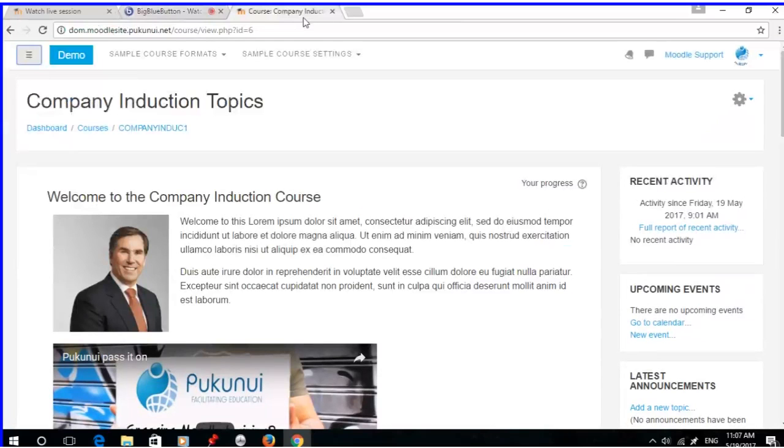Here it comes up. Now what I've got here, I've got a site called dom.moodlesite.pukunui.net, and I've set it up, I'll tell you the story, but everyone can have access to this. And the last slide will give you some usernames and passwords that you can go in here and play as well if you like. As I mentioned to you, I had one client that came to us and said, look,